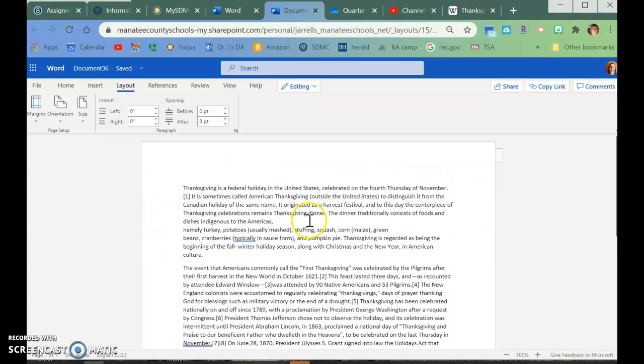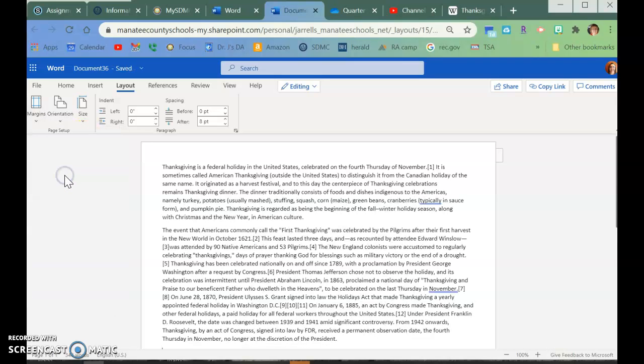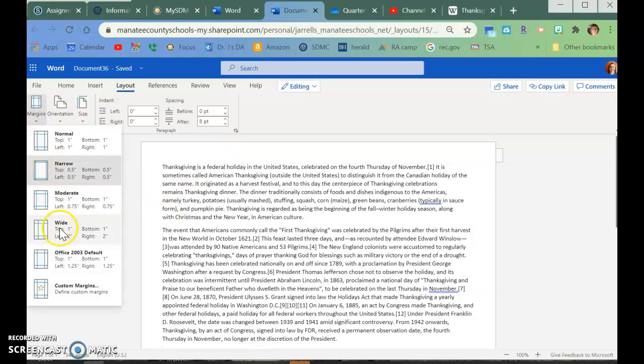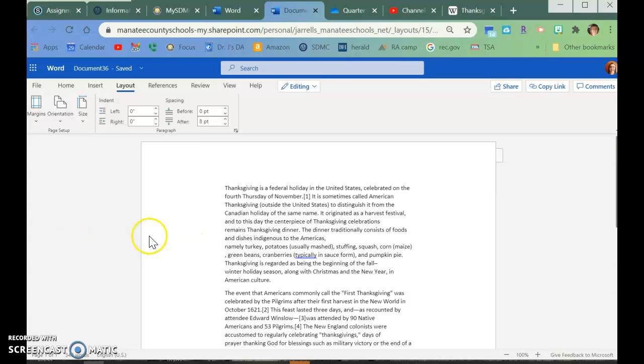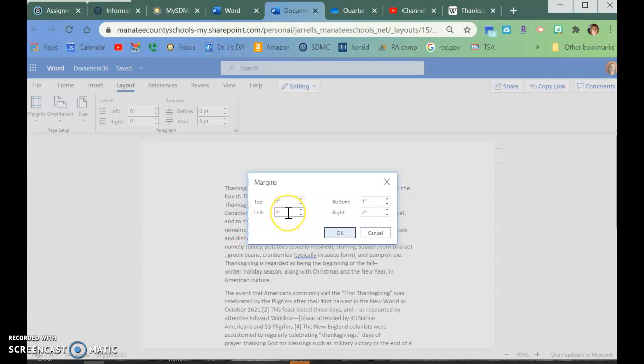That Word automatically does. Now you can change it around. So if I click here on margins, right now I'm in normal, you can tell because it's highlighted. If I go here to narrow, you can see how now I have a narrow, it's much narrower. Or I can go down here to wide, now it's much wider. And then the last you could do is, if you really wanted to, you can go down here to custom,